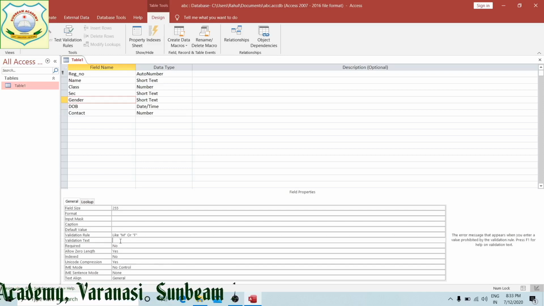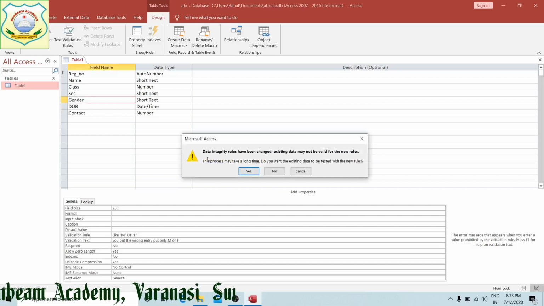If the person fills in anything other than male or female, I am giving the error message: you put the wrong entry, put only M or F. Now save it.